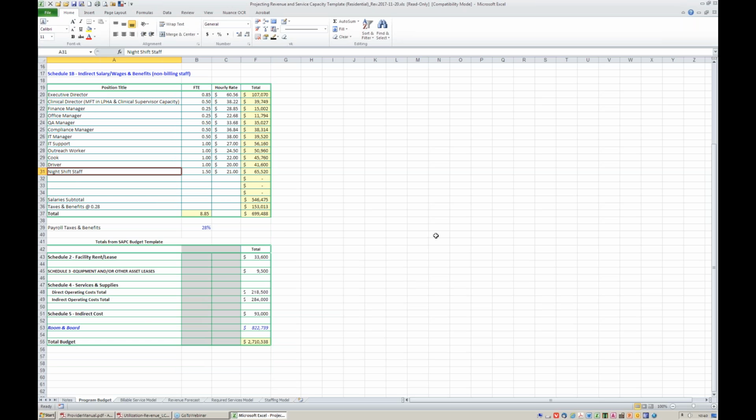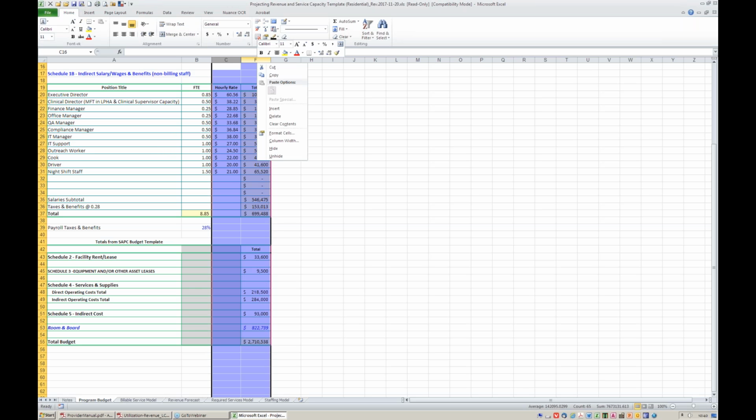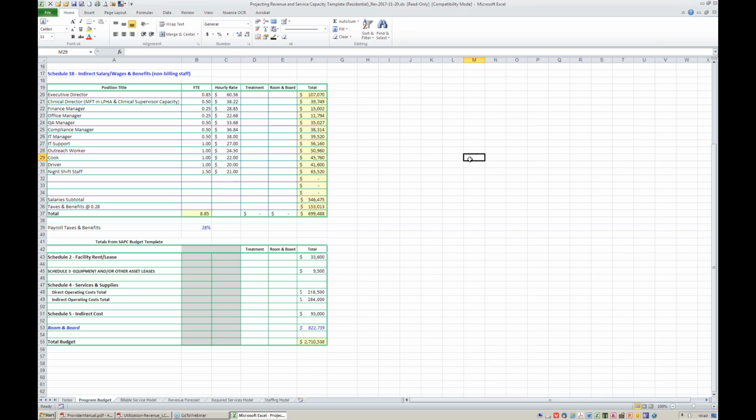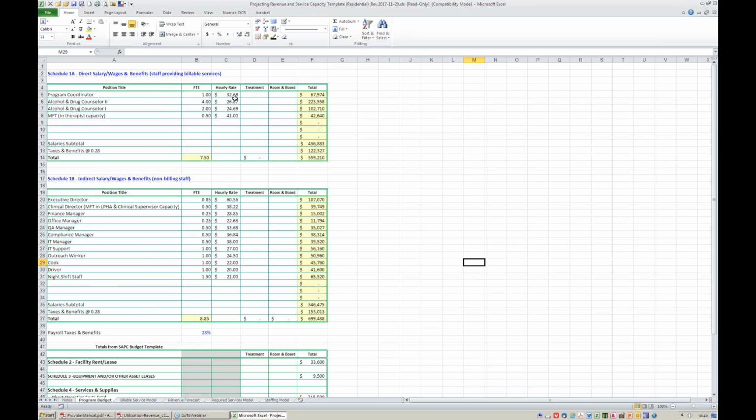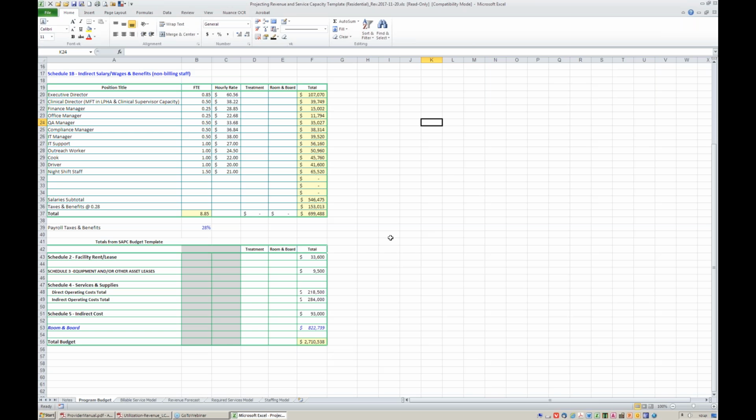Then we have, and here's where we take a real departure from the SAPC template, facility rent or lease, your equipment, copier, the lease on the van, etc. Your direct and indirect operating costs, which are as instructed by SAPC, your indirect, and then room and board. And I didn't see that on the latest iteration of the template, and I'll just show you something here. Ideally, and this has been done in other counties, clearly these people are all 100% treatment. You get into administrative type staff, cook would certainly be room and board. And then also the facility, more so here, your food, your household supplies,